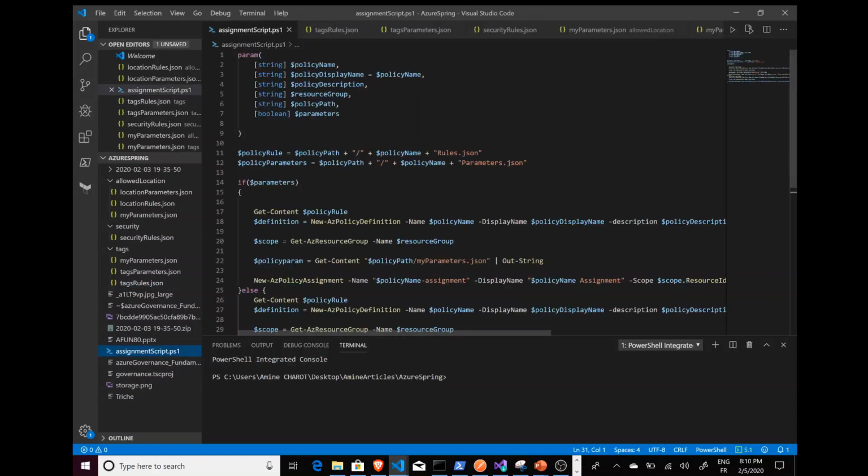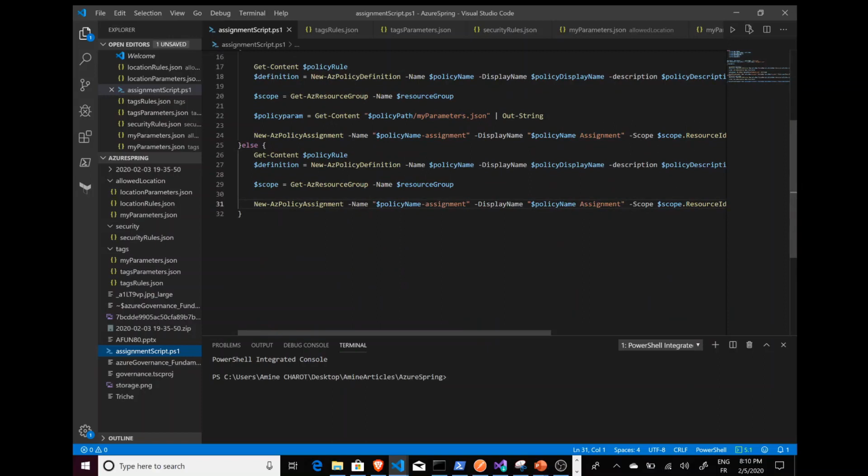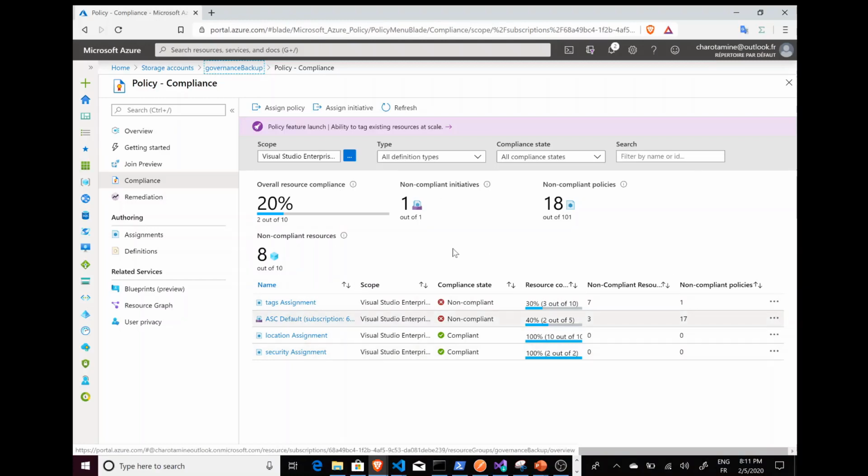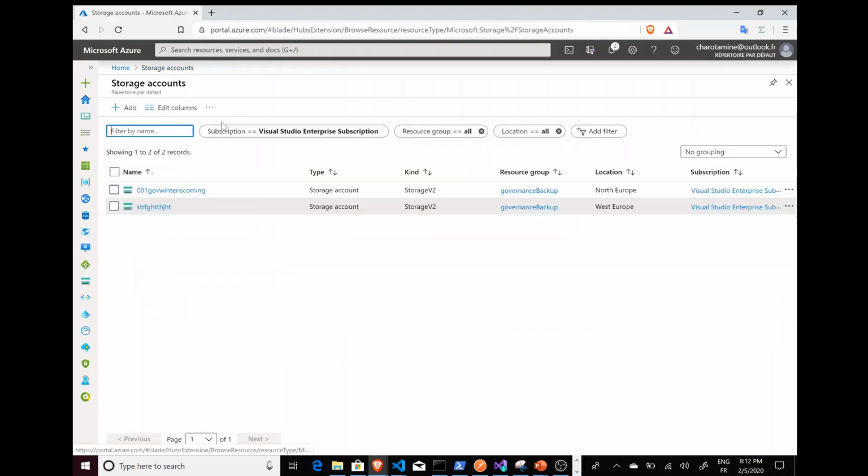Then I've created a small script that creates the policy definition and assigns it to a resource group. I've already assigned the policies, so here we're going to find the location assignment, the security assignment, and the tags assignment. So if I try to create,